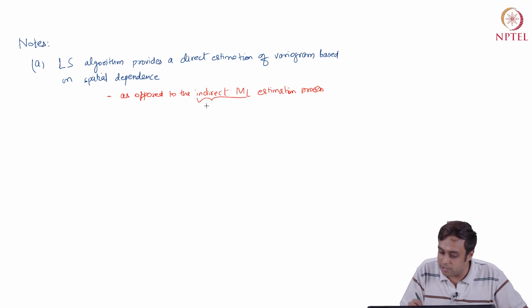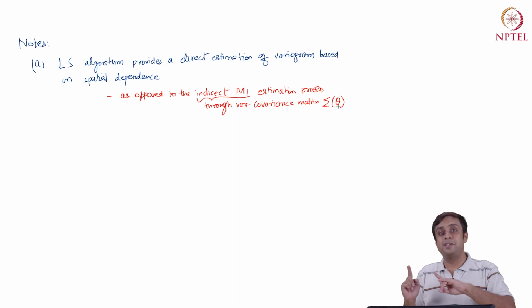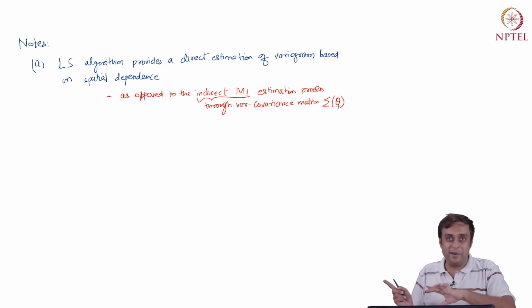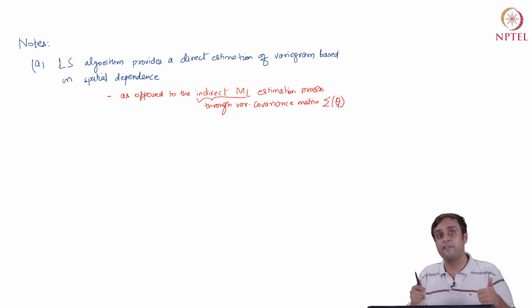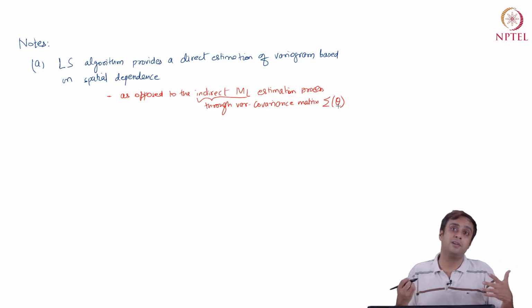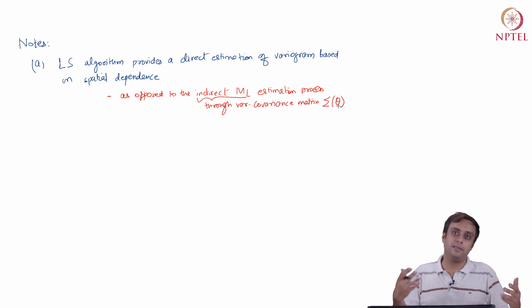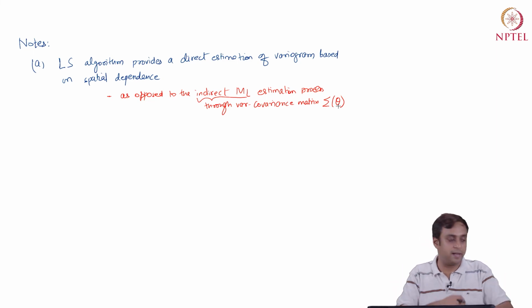So, indirect because it is through the variance covariance matrix sigma theta, right. But that does not make maximum likelihood less legitimate in any way. It is also going to be slightly biased, but still maximum likelihood is very tractable, and it is much more general than least squares, something that you will realize as you work practically with